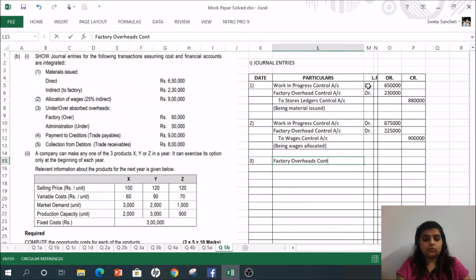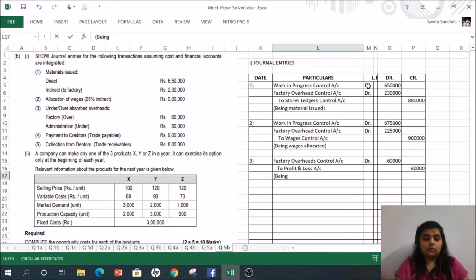Factory overheads control account, debit amount of 60,000 to my profit. Why am I writing profit and loss and not costing P&L? Because it is integrated accounts. We are making only one account. 60,000